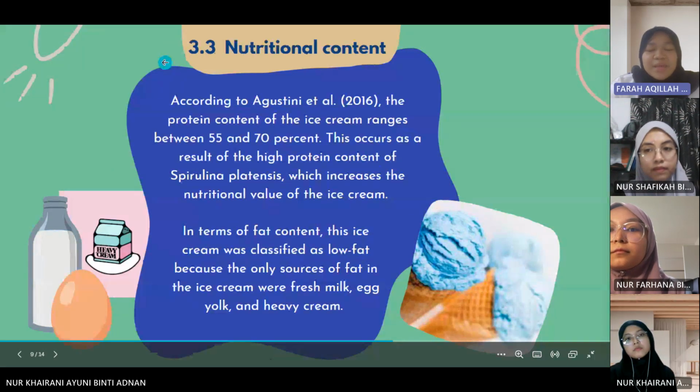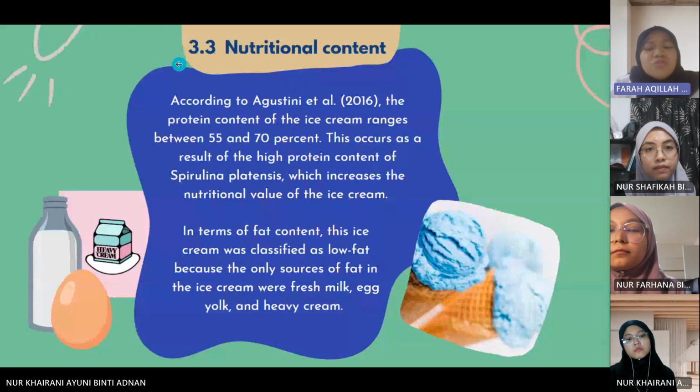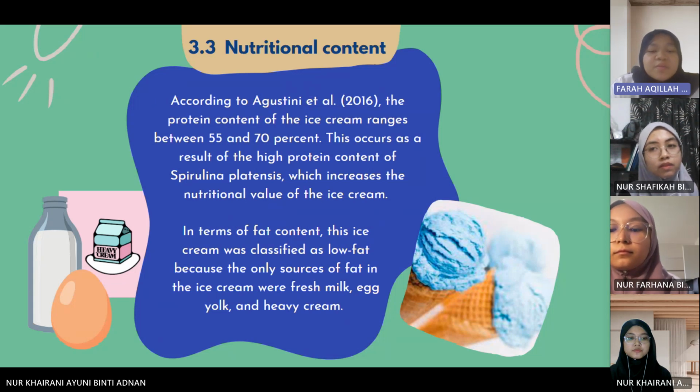So now I'll be explaining about the nutritional content. In terms of nutritional content, we could see that this ice cream is high in protein and also low in fat. According to Agustin et al., the protein content of the ice cream ranges between 55 and 70%. This occurs as a result of the high protein content of Spirulina platensis, which increases the nutritional value of the